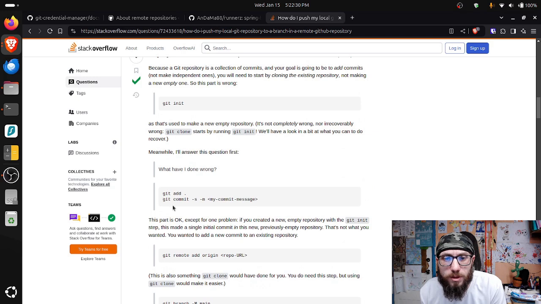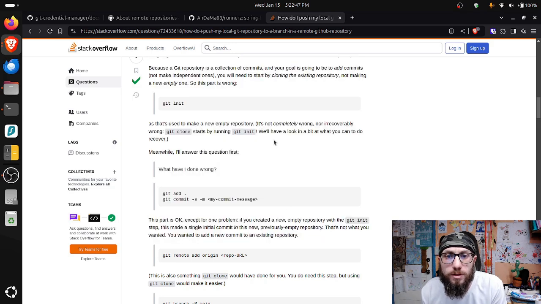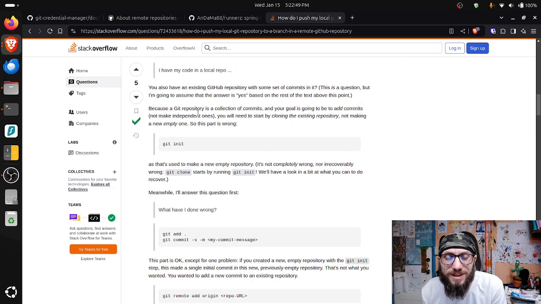What have I done wrong? Git add, git commit. This part is okay. If you created a new empty repository, this made a single init commit in this new, previously empty repository. That's not what you wanted. Okay, so